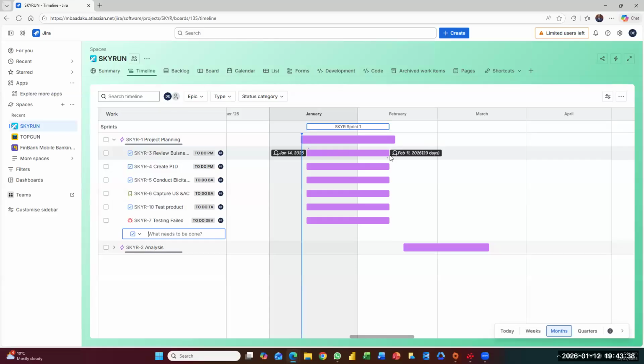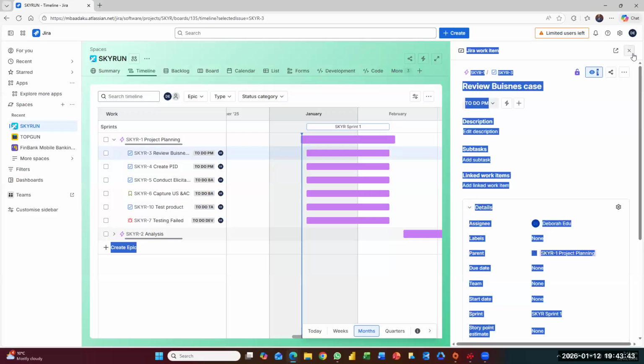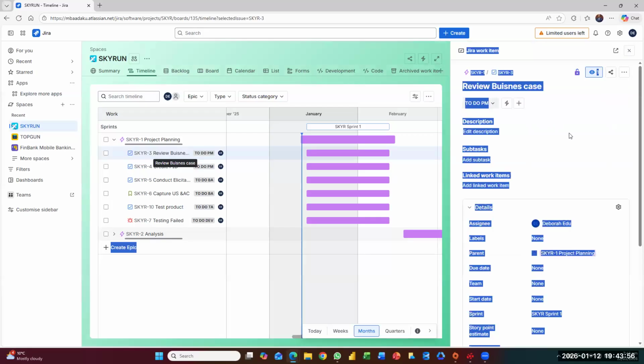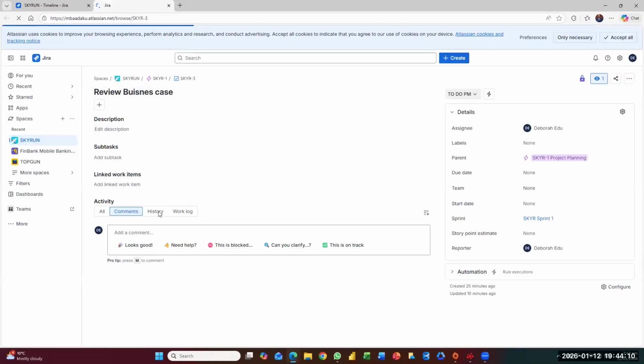So, what's this one? If I wanted to maybe review, so I'm the PM and they told me to review the business case or probably update it. I'll click on this ticket. You would open on the right side. And if you look at this top, you would see the ticket number here. So you see the epic number and the ticket number. All I need to do is click on this ticket number and it would load up the page where I